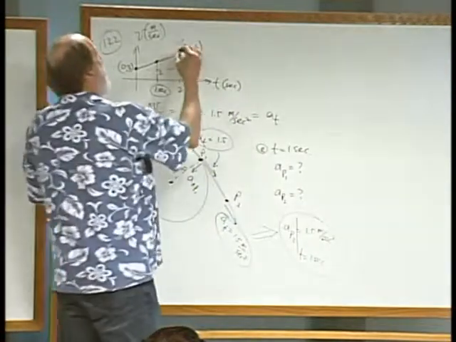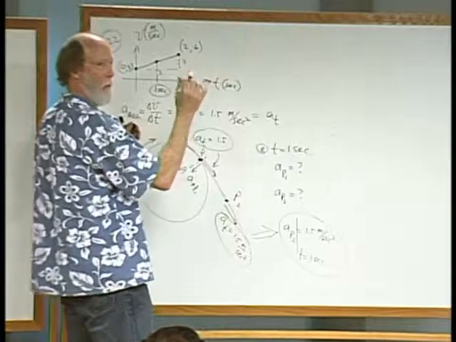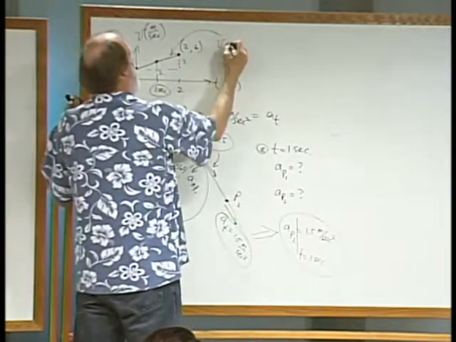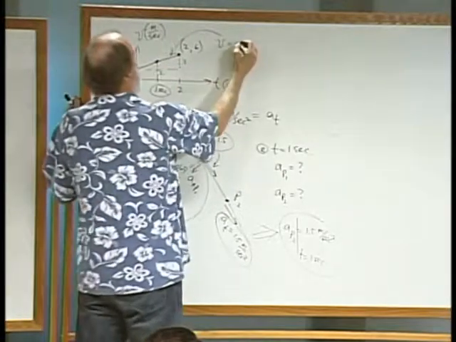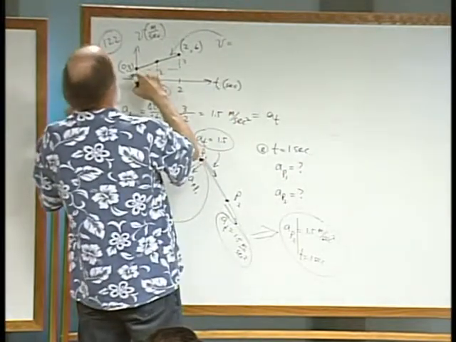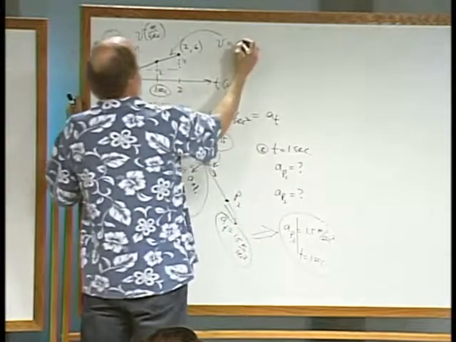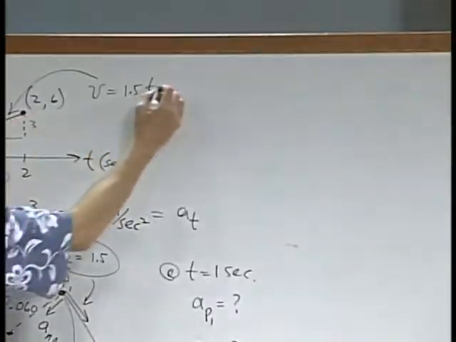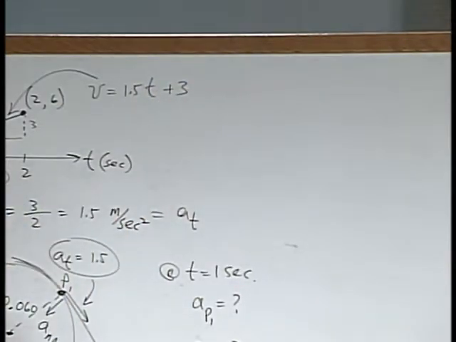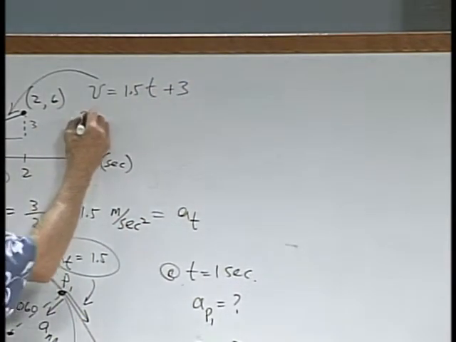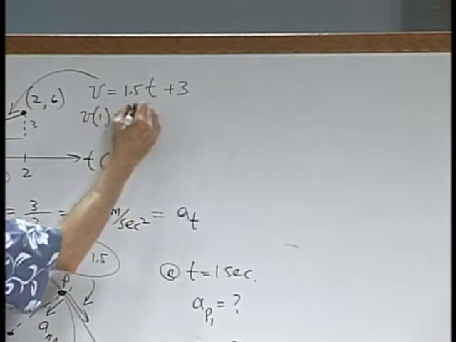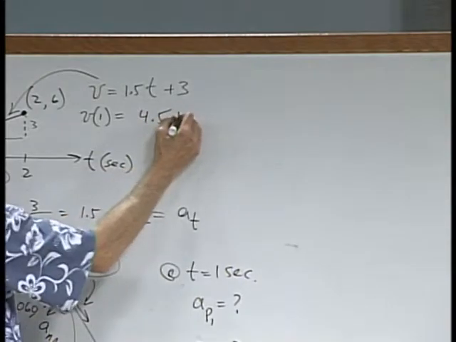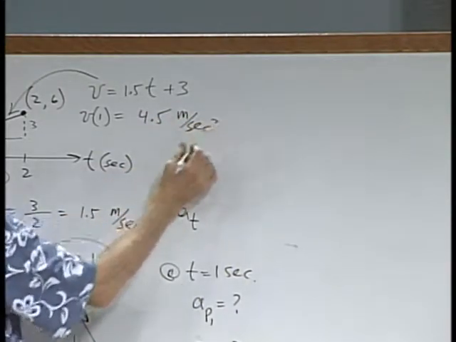Now I want to belabor this a little bit, just humor me for a second. We could write this equation for the speed. Speed is equal to, what is it? Slope is 1.5 t plus 3, right? At 1 second, this is going to be 4.5 meters per second,